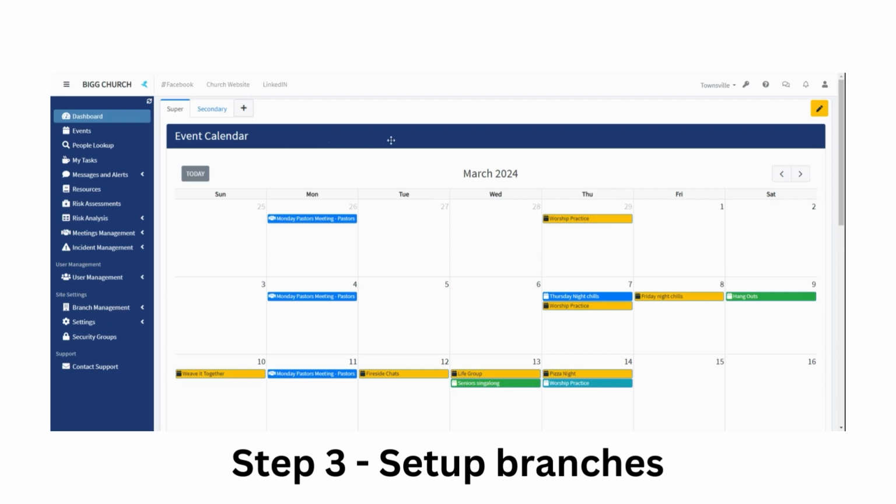So you have your branch selector here on the dashboard. And as you can see, I've set up a lot of branches because this is my test site. And I'm really only interested in a few of them. But I must say it is important to get your branch numbers right because RiskEZI subscription gives you one branch,